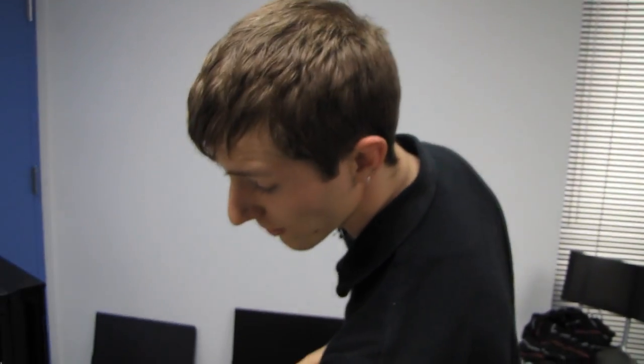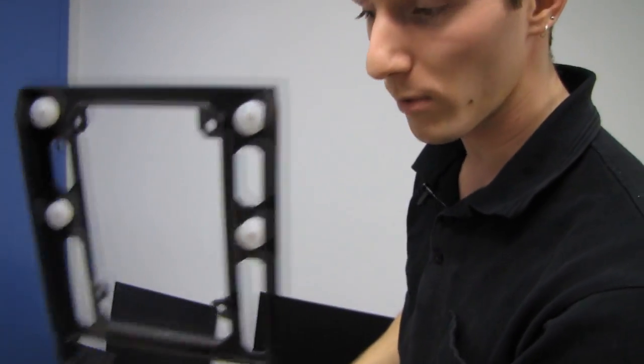So that is how you mount an SSD in the P280, in addition to being able to mount an SSD on any one of the drive sleds anytime you want. So sorry about that, and now I'm